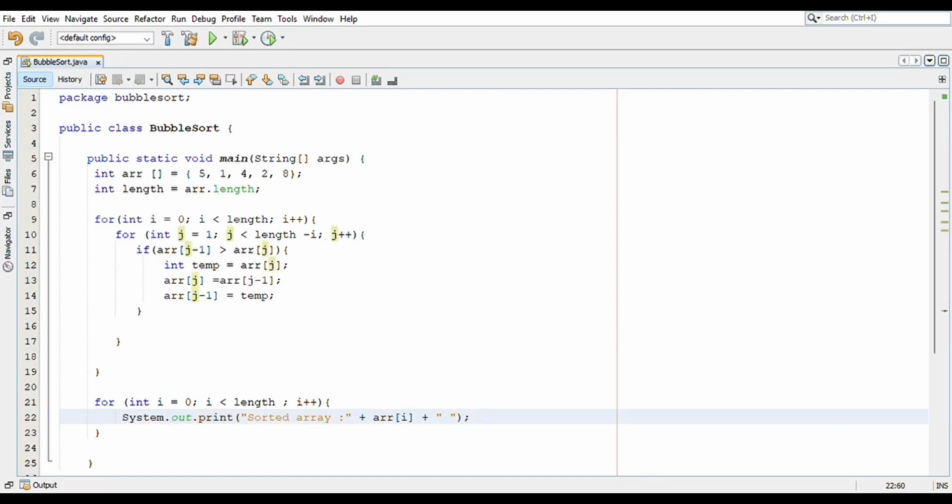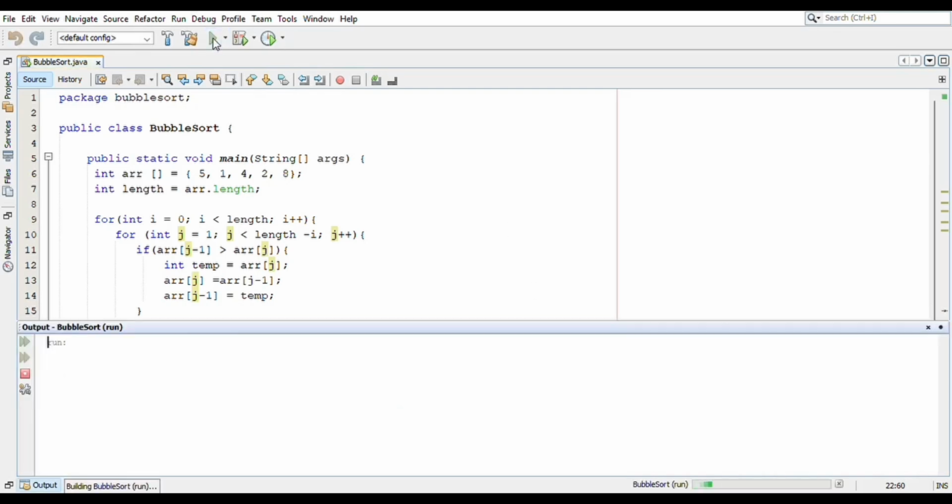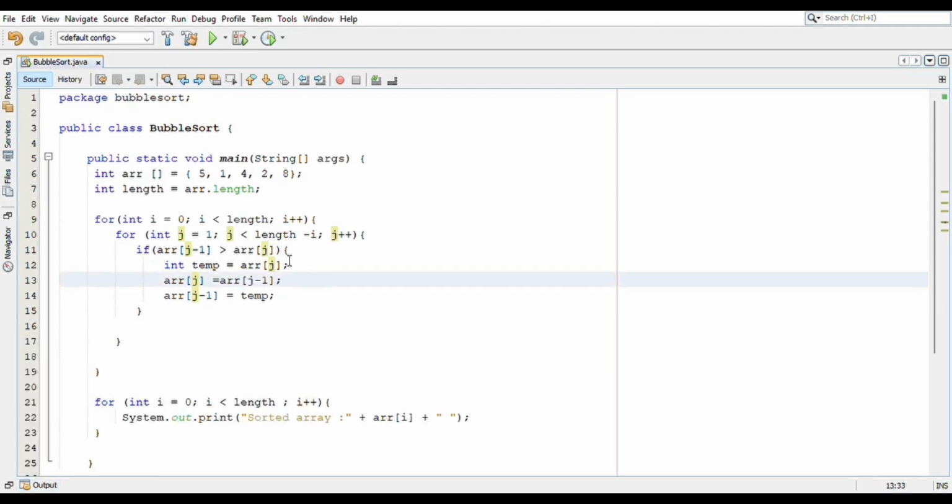So let's try running this code. So as you can see guys, we are getting multiple sorted array labels over here. So I'll just remove the label outside of this print statement.